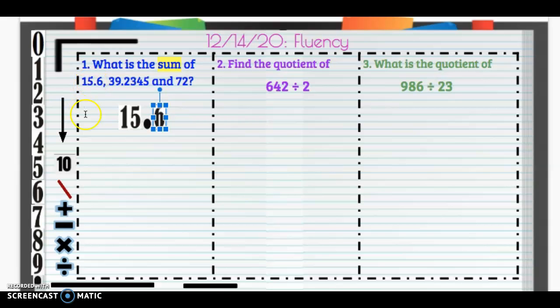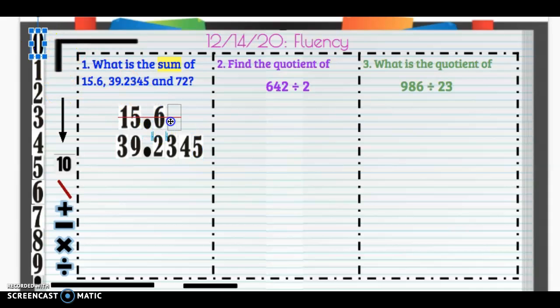So we have our 15.6. So always put the first number, then put your decimal point. The 9's in front, so the 9 goes underneath the 5. The 3 in front of it, because it's in the tens place value. Then the 2 in the tenths, 3, 4, and then 5. Okay, so you can put a 0, since the 6 is in the tenths place value,